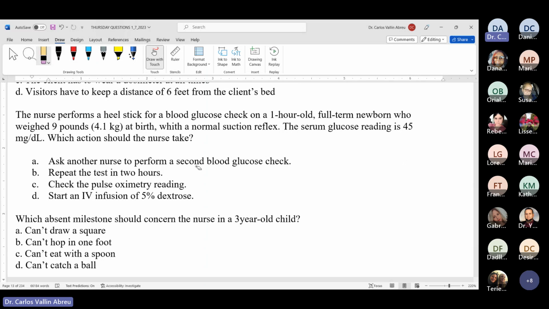Okay, but this is not the question about. This is a question about the baby having 45. The baby is okay. What do you do? There is no discussion here about feeding. You assume that it's being fed. Okay, the answer is continue